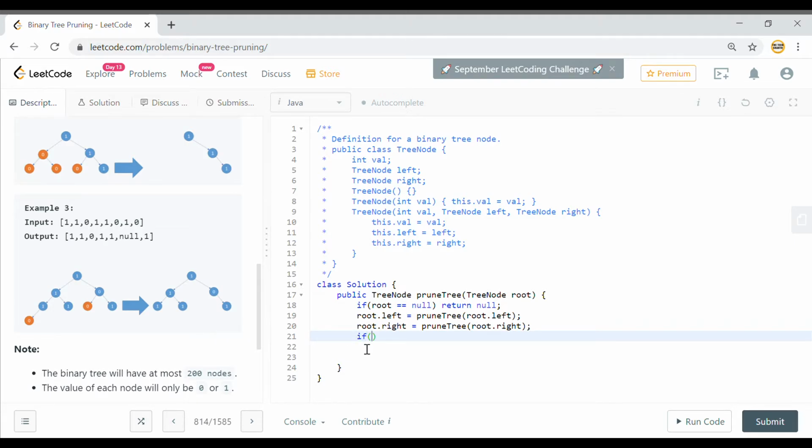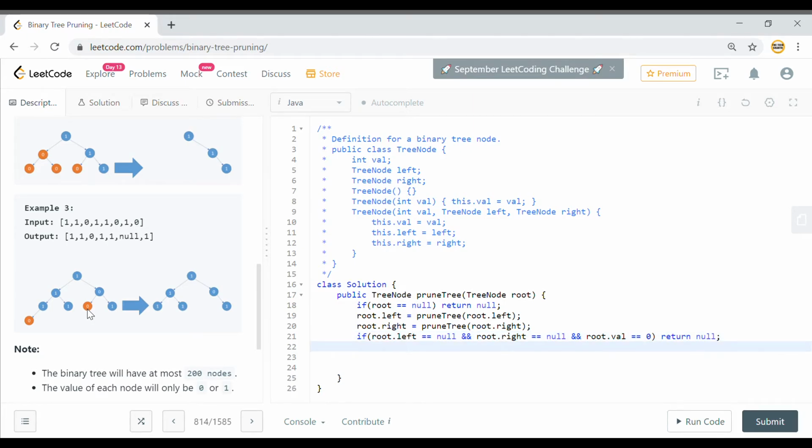For that we can put a condition: if we have reached a node where we don't have any left or right child, so root.left is equal to null and root.right is also equal to null, and the value of that node, root.val, is equal to 0, then we need to remove that node also. So we will return null from here.